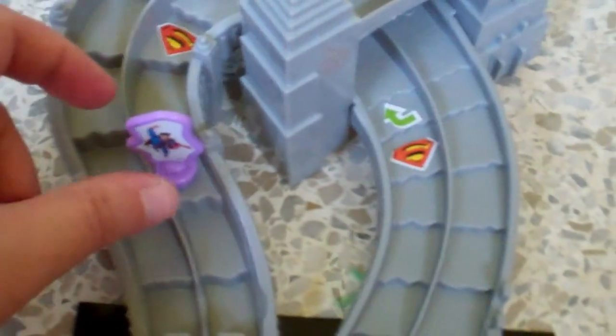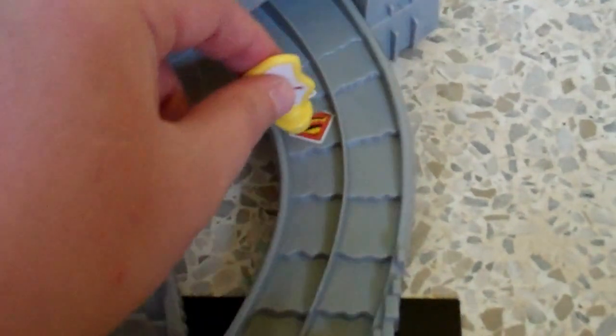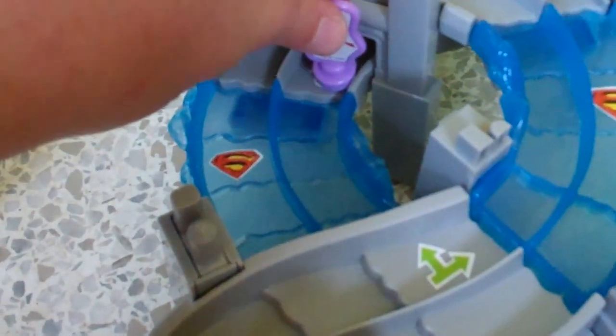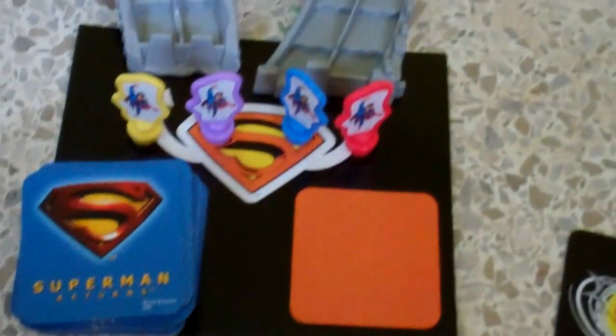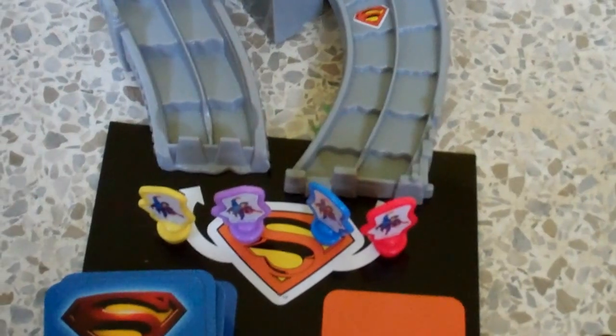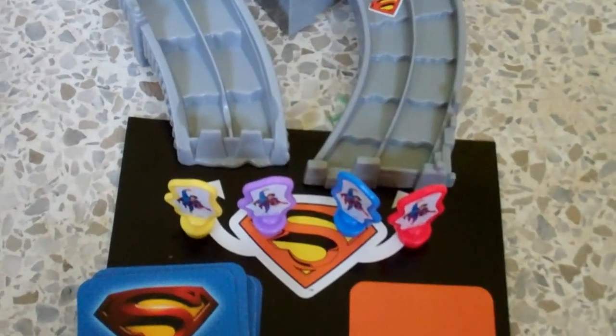Then, as I said, you move your pieces. There are these rough looking things, I don't know if it shows up on the camcorder, that players can't land on. But you choose a path. These are safety zones. And then you notice there are these little arrows. If you land on this arrow, it means you have to go up to the upper track. This one, you can continue along this track, or you can move downward. So you pick a card, you move your pieces up, and then the players